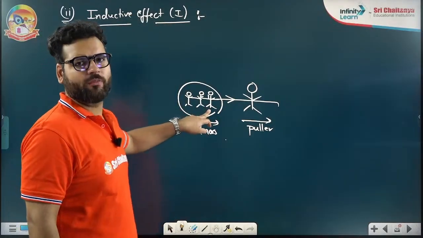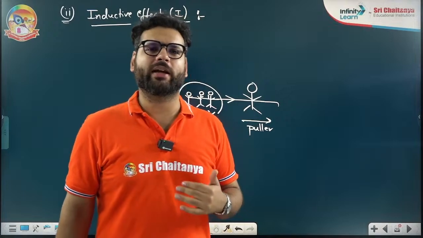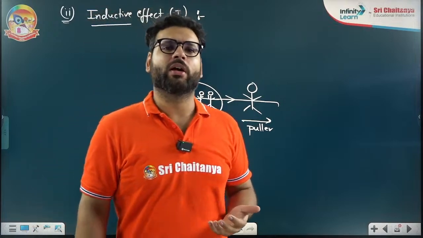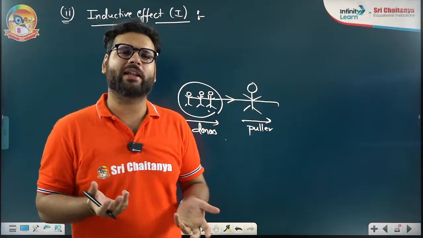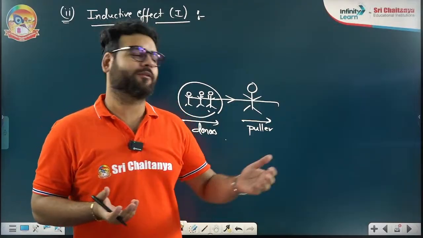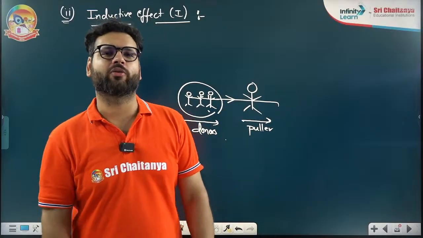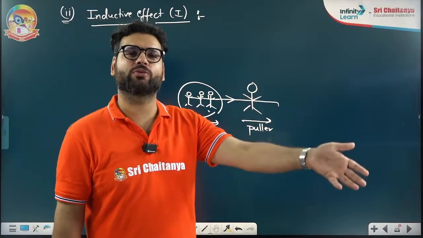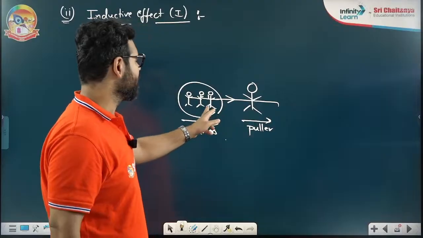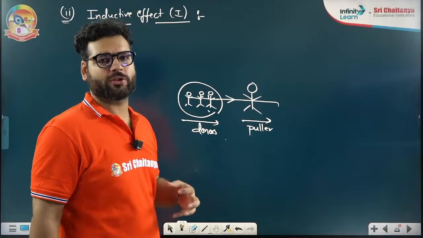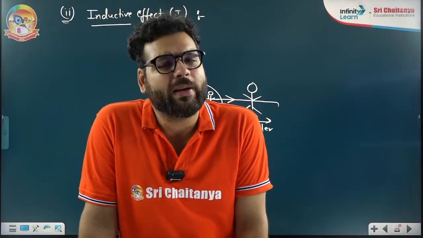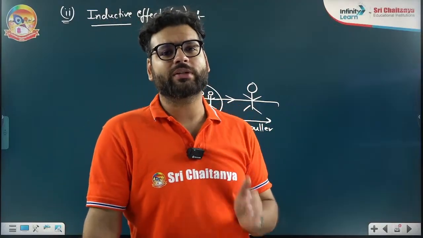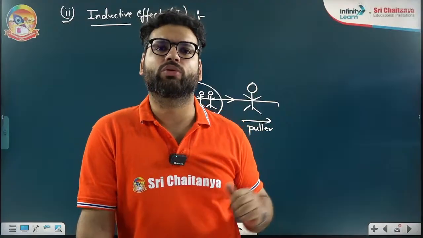The first person, obviously. You have seen that whenever you play tug of war, the last person is standing very happily. They don't even feel any pull. Whereas the first 2-3 people start falling down only. They feel a lot of force. So in the same way, inductive effect is a distance dependent effect. The one who is attached nearest to the puller,